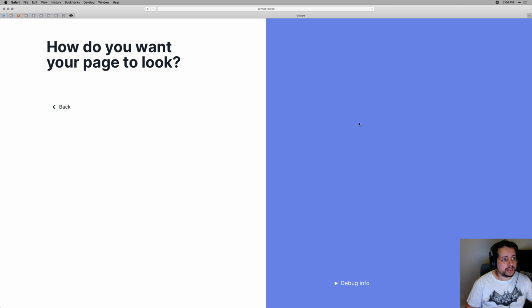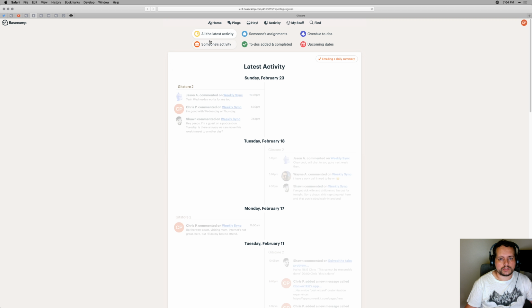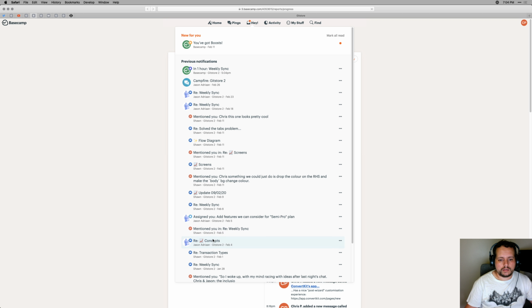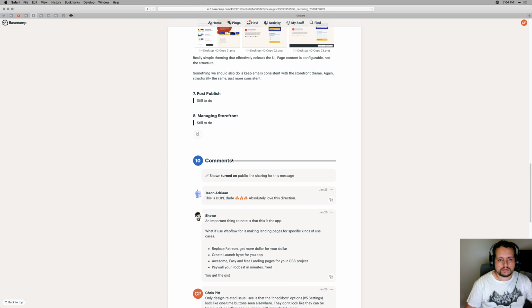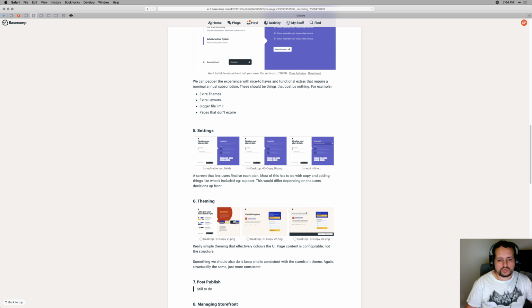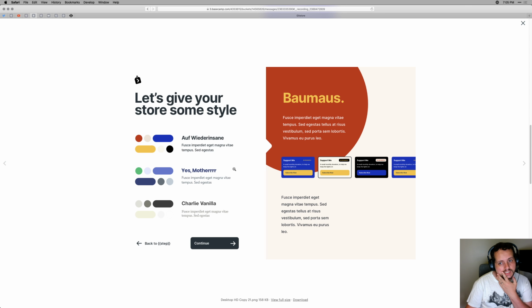Okay, so today I've got to work on the theme selector. Now I was going to do this with, oh by the way, I can show you what that UI should look like. Let me show you what that UI looks like. Concepts. So this was the initial idea for this, where you pick a theme and then